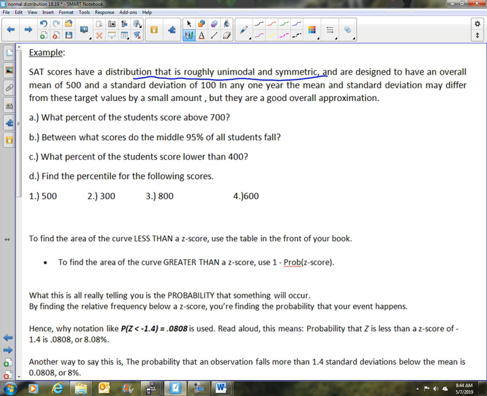Now, if we were to take a look at the normal curve that we get with the SAT scores, it tells us that the mean is about 500. So we would have 500 here, and the standard deviation is 100. So one standard deviation to the right would be 600, and then two standard deviations to the right would be 700. Now, what we want is the percentage of students that score more than 700. That's going to be this area on the curve over here. Now, by the empirical rule,